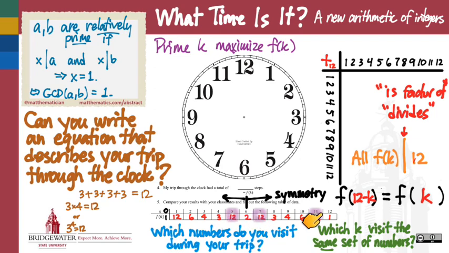Certainly when k is prime, but also at least when k is relatively prime to this number. What's playing the role of 0? When k is relatively prime to 12, we maximize f of k. So there's an observation that sort of ties together